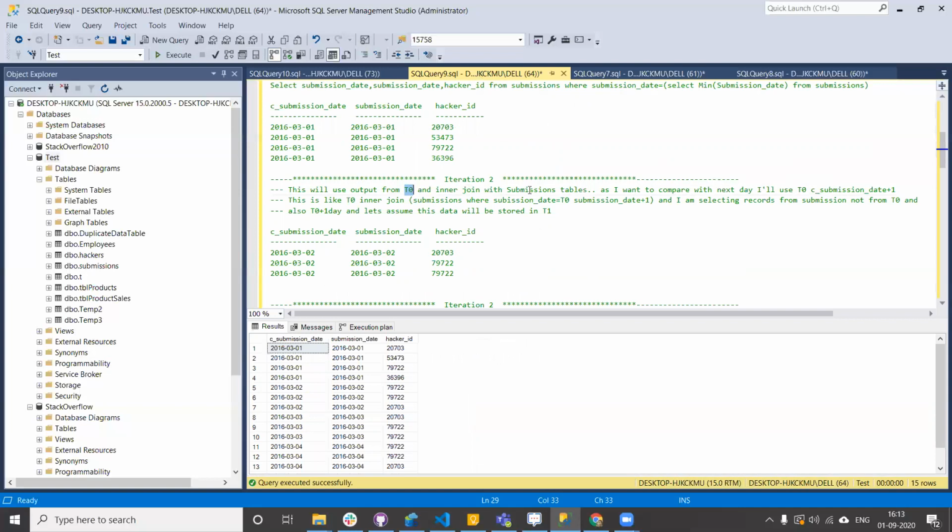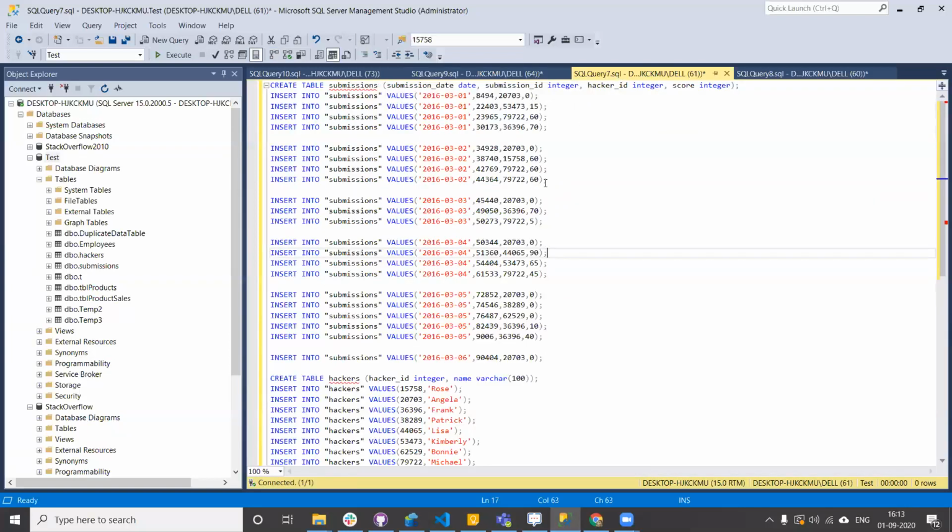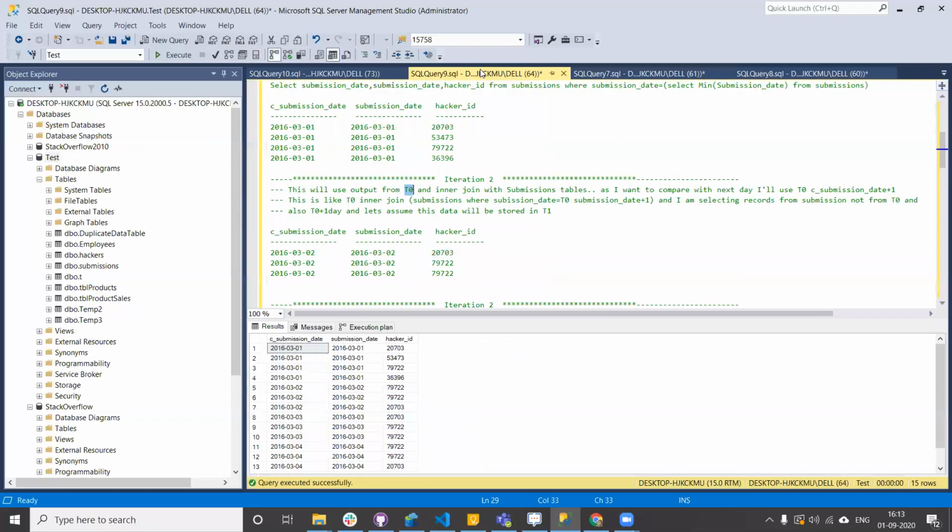When taking records from the submissions table, I don't want to take all the records. I want to take only the records which have the second date, because I want to compare only this data and the previous data. That is the reason I'm doing T0 inner join submissions, where submission date is equal to T0 submission date plus 1.